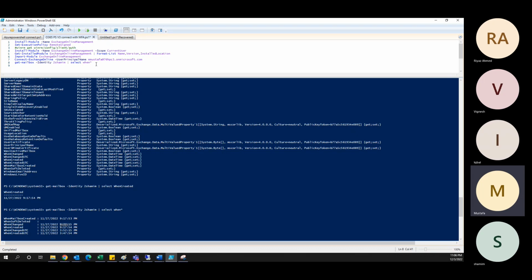Once you know how to play with PowerShell, you will have a good idea, and your administrative day-to-day activities and your life will become easier. So let me show you one better example. Okay, so if I